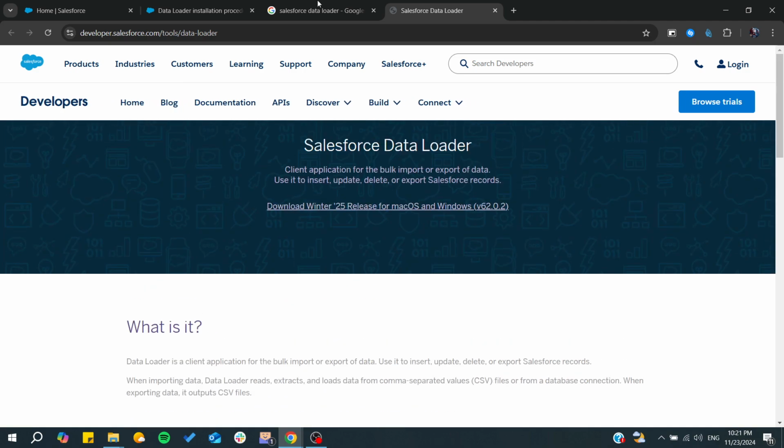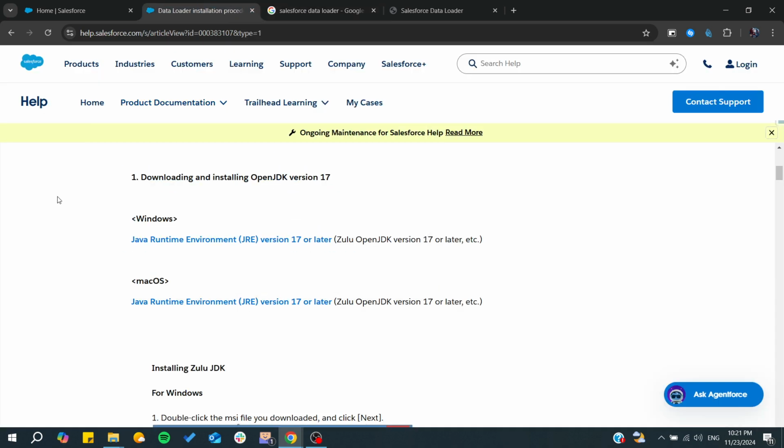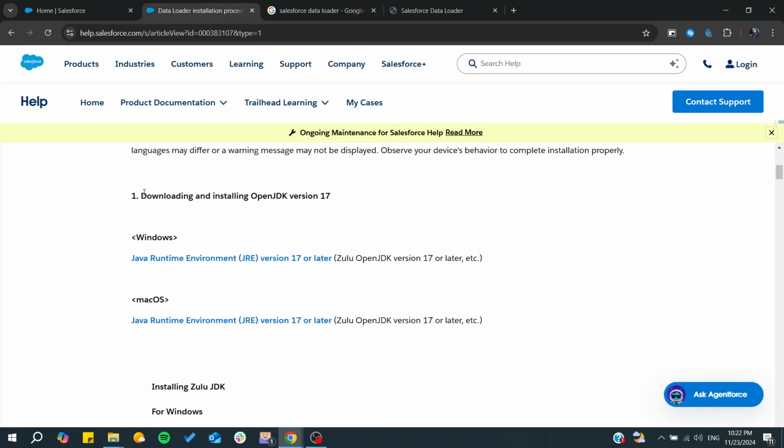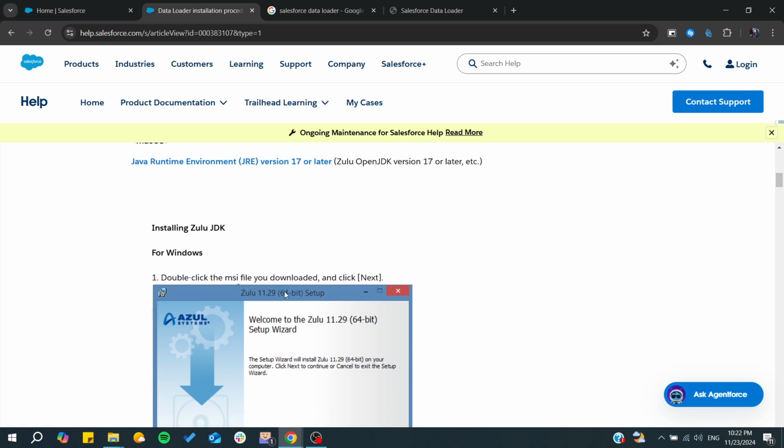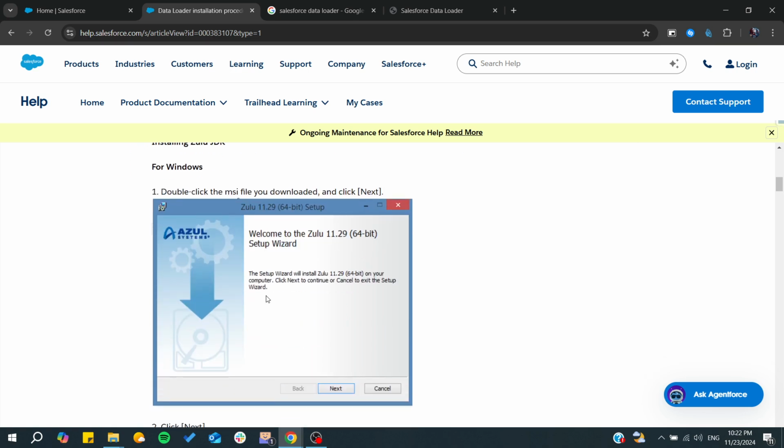So basically, if we go to our installation guide, we can see that we need these requirements. If you don't already have a JDK 17 version, you can just search for a Java Runtime Environment of version 17 and you will need to have it on your machine. It can be Eclipse, Zulu, or any other